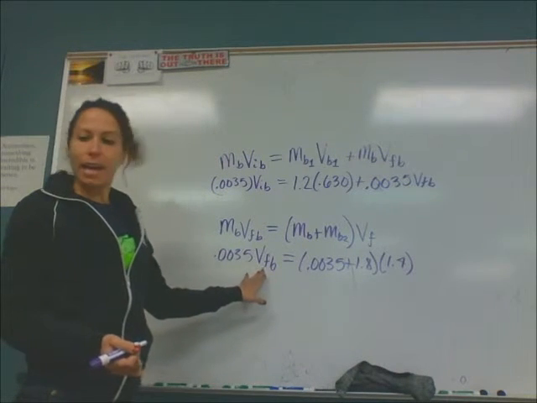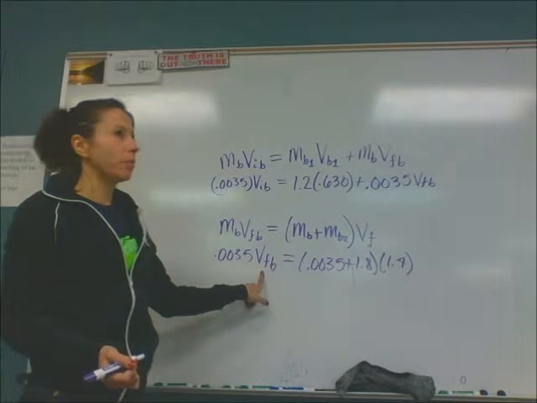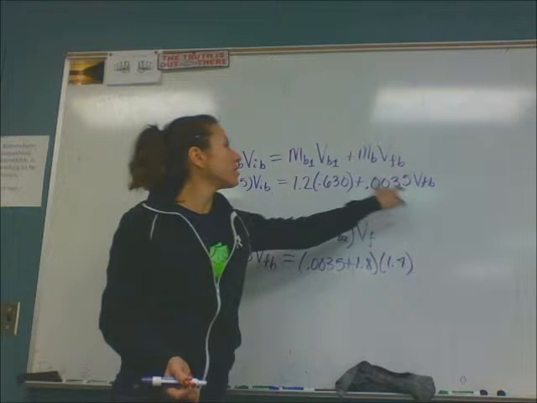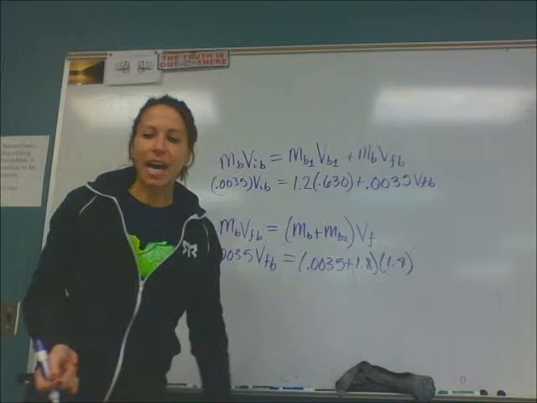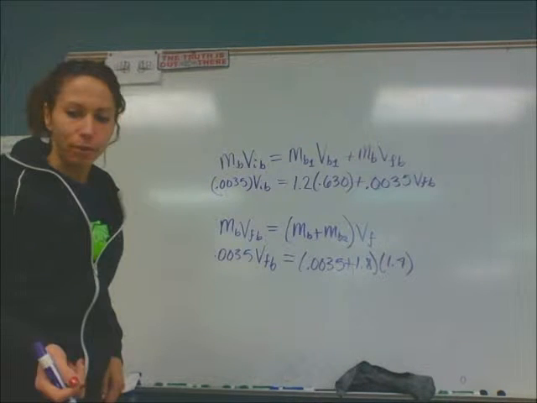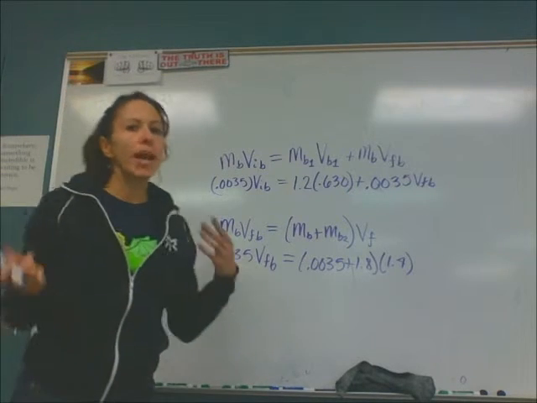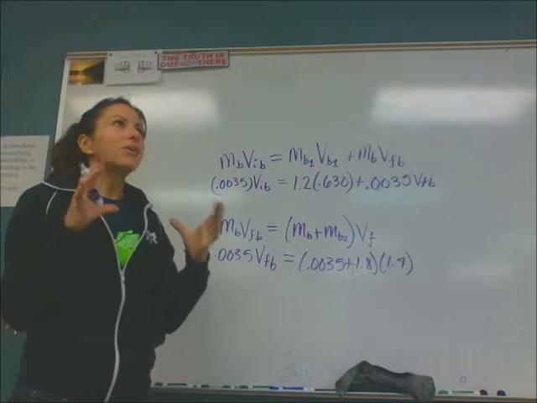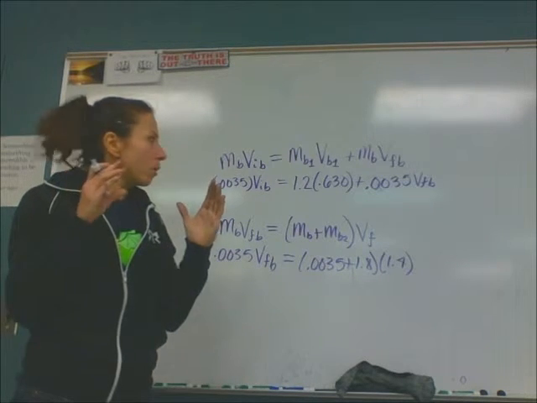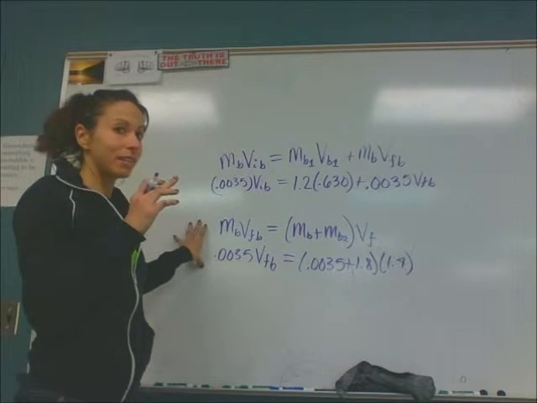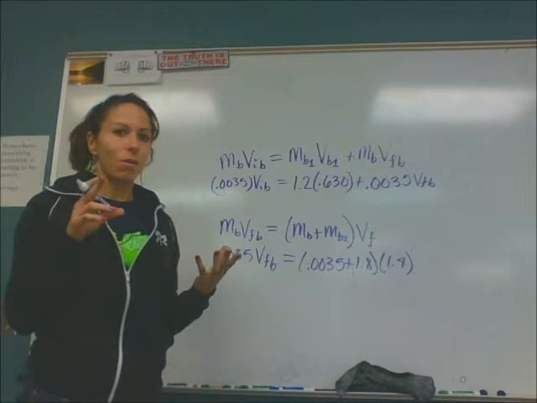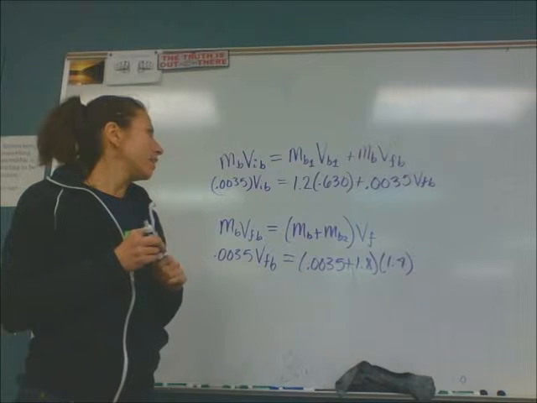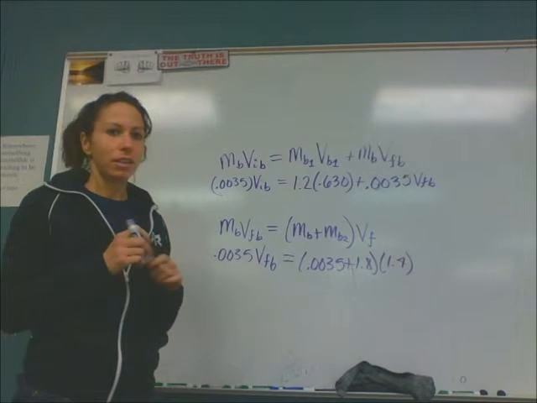Okay, the next one that I want to just briefly talk about is number 52. Number 52 is a conservation of momentum problem, but it's also a conservation of energy problem. 52 is one of those reasons why we didn't take a test on energy yet, because momentum and energy are very often interconnected. So you've got this situation where you've got a bullet that's entering a block, and then it exits the block, but it gives the block some of its momentum. And the question's asking, how high does it go?